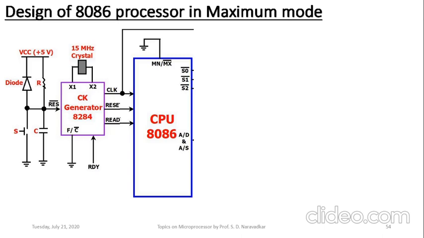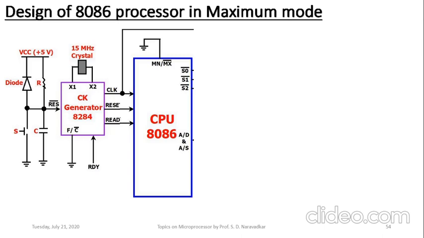Now next, on the right side of that CPU 8086, here is the bus controller. Clock is connected to that bus controller. It is extremely important. Then status signals S0 bar, S1 bar, S2 bar are connected as input. And then this bus controller will be generating a set of control signals on the right side.